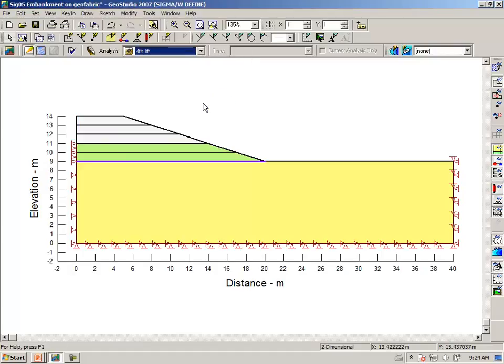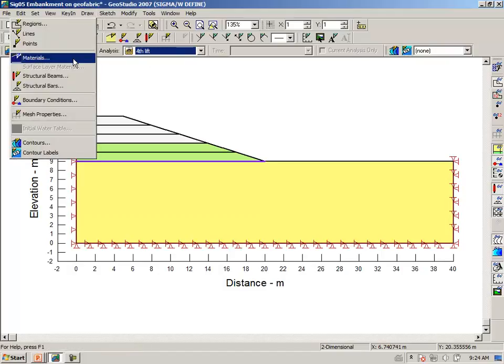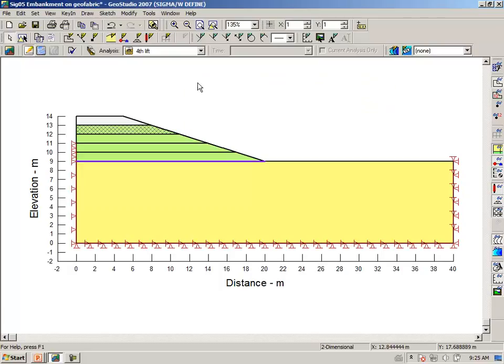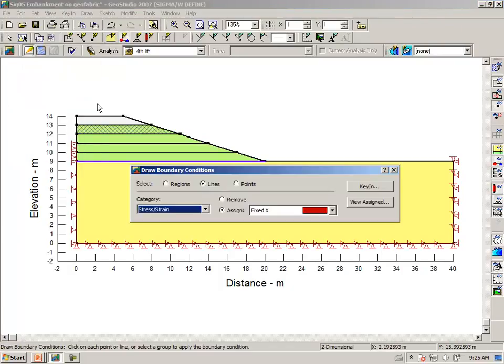Going to the fourth lift, you can see now, however, that by assigning or creating the analysis first, we have to repeat what we did for the third analysis. Draw materials, foundation, the third one, and the fourth one. And the fourth one is the one that is now active because it is the last lift that was placed. And we have to say draw boundary conditions, fixed X for both of these layers, but we can once again do it for the null region